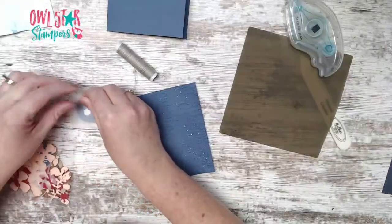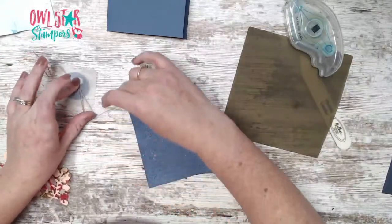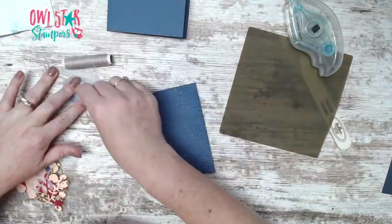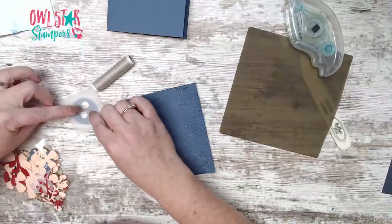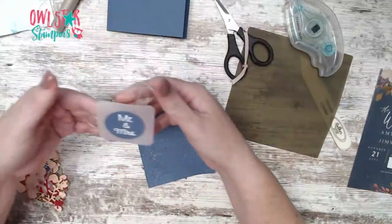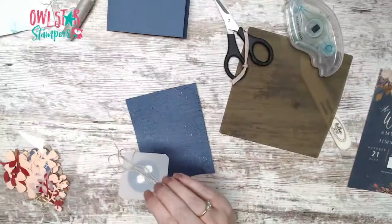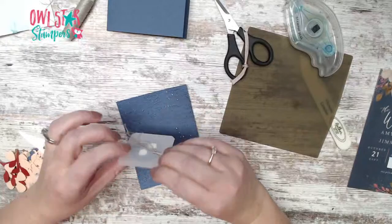This glue is really sticky. Your stuff isn't going anywhere if you use this glue, I'll tell you that. Okay, I'll hold it up in a second. It's just going all over. All right, I'm going to cut this. And I have this now. So this, I'm going to glue on